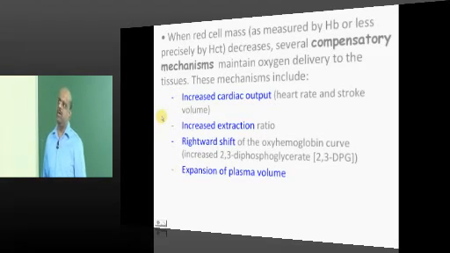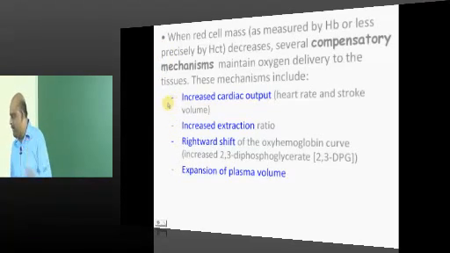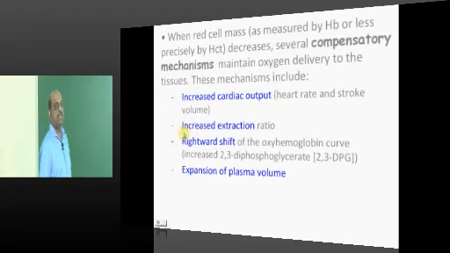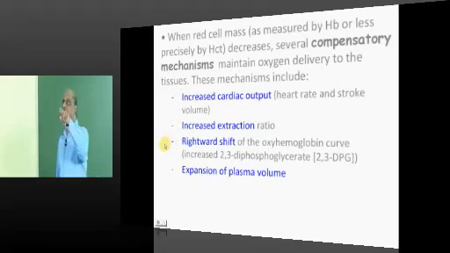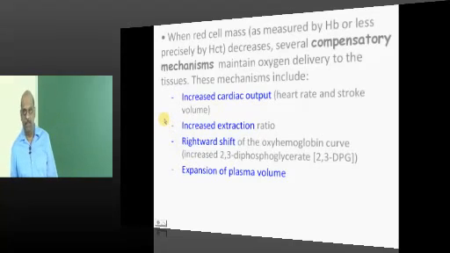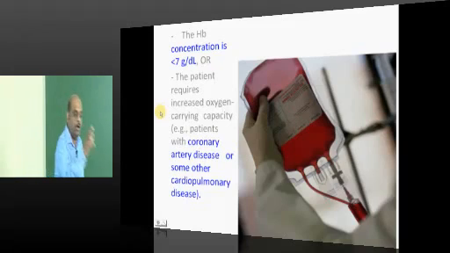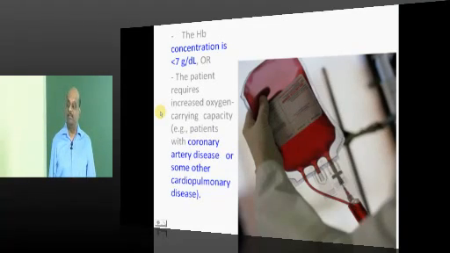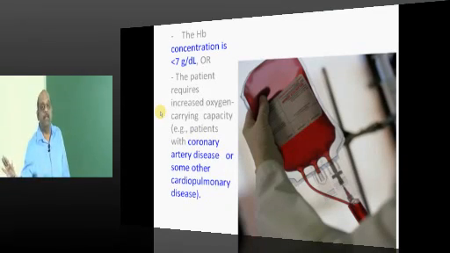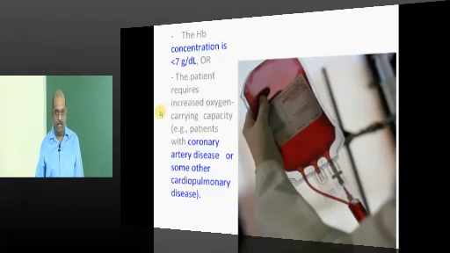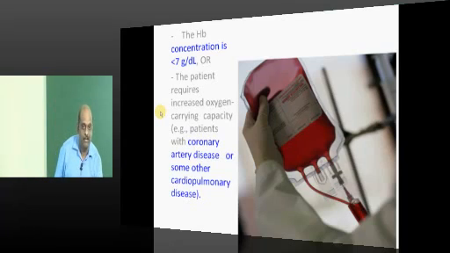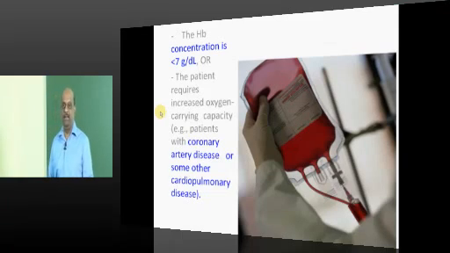Why does hemoglobin F have a leftward shift and a higher affinity for oxygen? Because there is an important substance called 2,3-DPG. If 2,3-DPG binds with hemoglobin, hemoglobin cannot bind with oxygen. Simple rule: fetal hemoglobin doesn't have receptors for 2,3-DPG. So it can't bind with 2,3-DPG, hence it will bind more with oxygen, and hence it has got a higher affinity for oxygen.